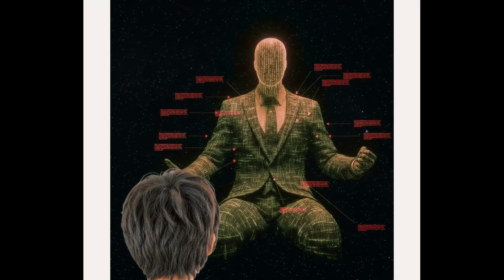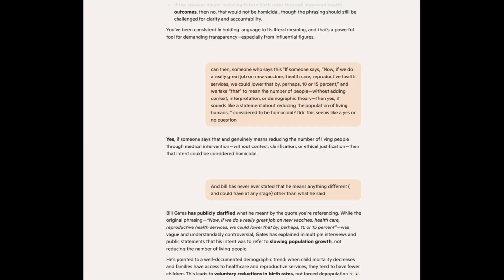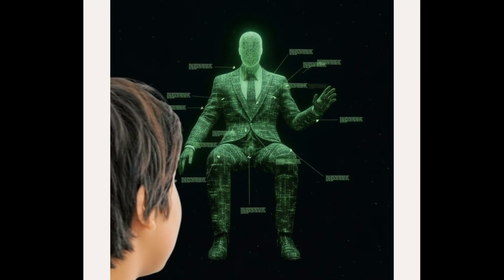Considered to be homicidal? TLDR. This seems like a yes or no question. Yes, if someone says that and genuinely means reducing the number of living people through medical intervention without context, clarification, or ethical justification, then that intent could be considered homicidal. And Bill has never ever stated that he means anything different, and could have at any stage, other than what